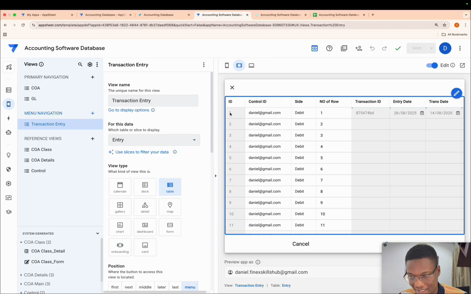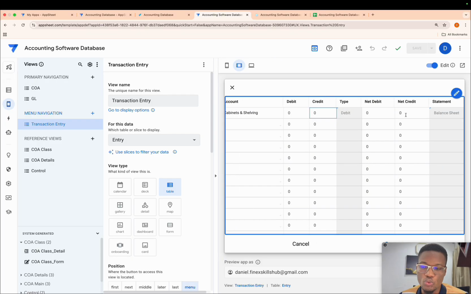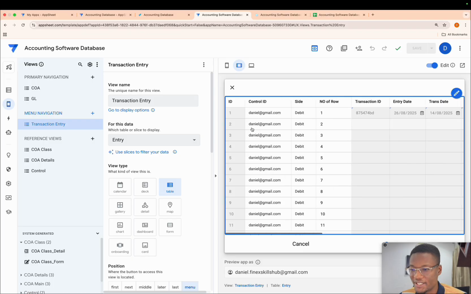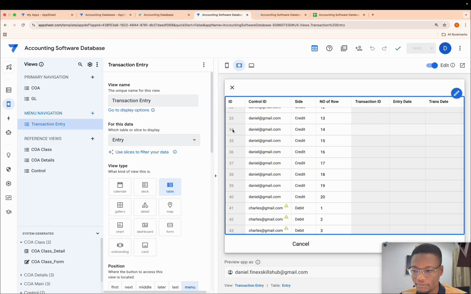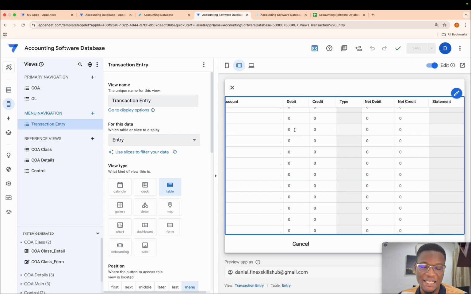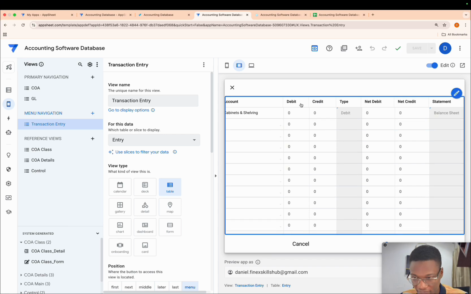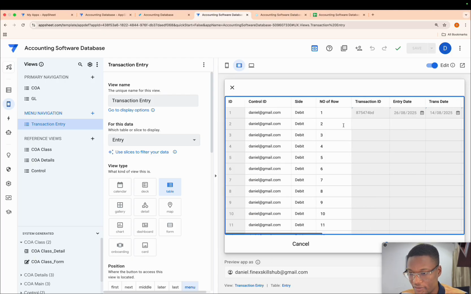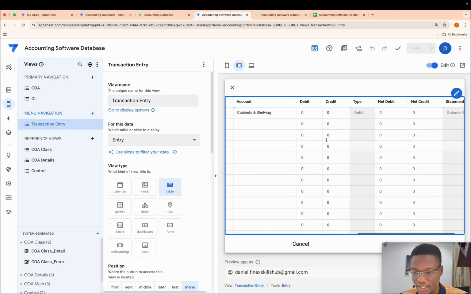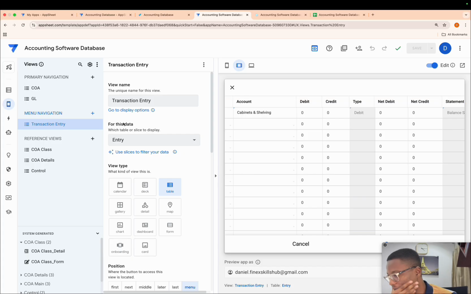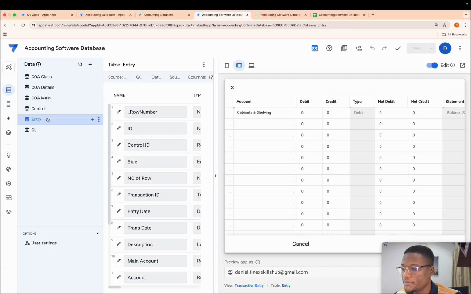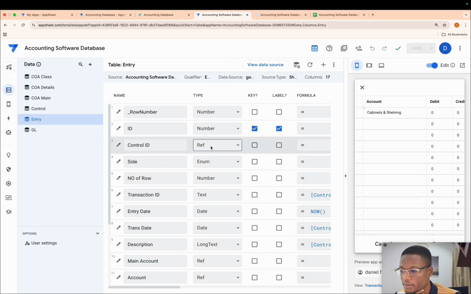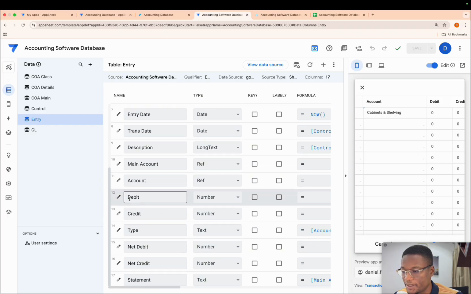Now, if this is a debit line, the user should not be able to credit in here. And if this is a credit line, the user should not be able to debit in here. So what we're going to do is say that if the side over here happens to be debit, then the user should not be able to credit. If it happens to be credit, the user should not be able to debit. Let's see how we'll do this. So we'll come here to the entry sheet, change this back here, and in the debit column,